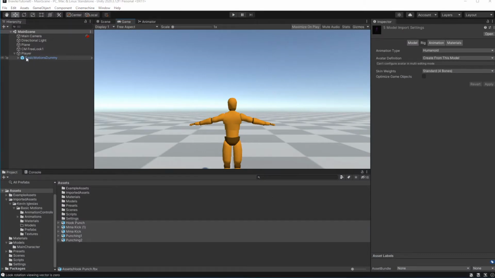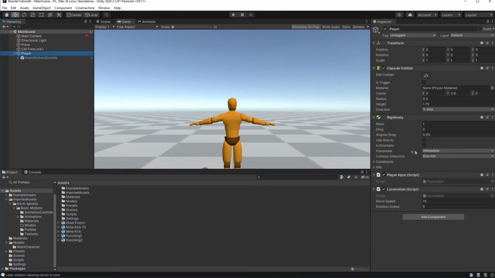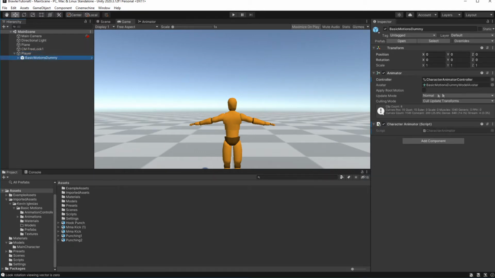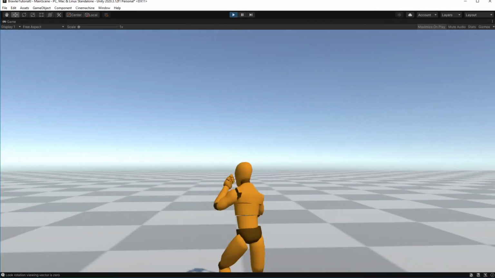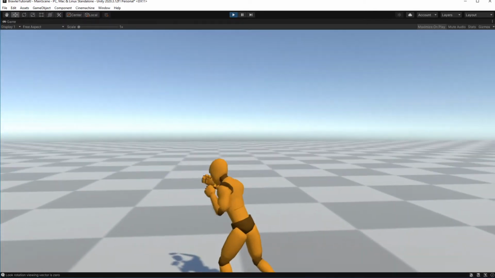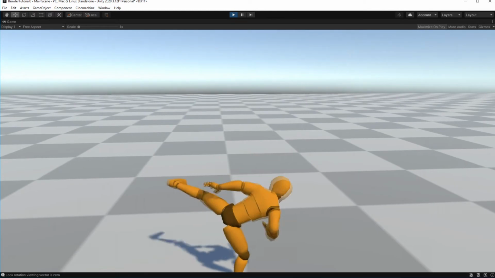Apply root motion to the object. I will give an explanation on what root motion is later on. Good, as you can see, animations are working.